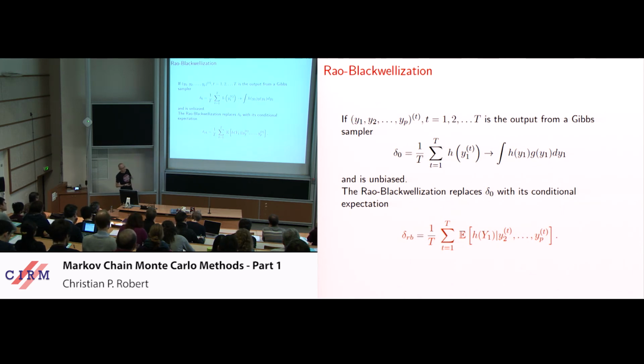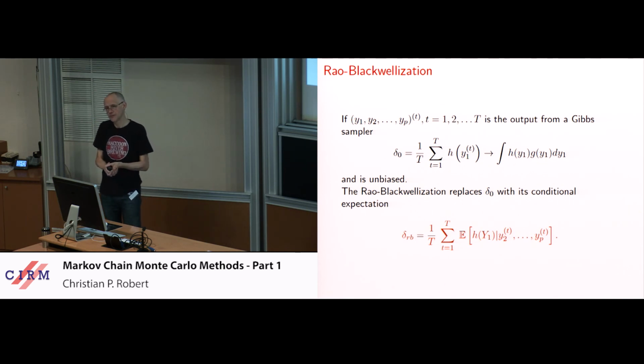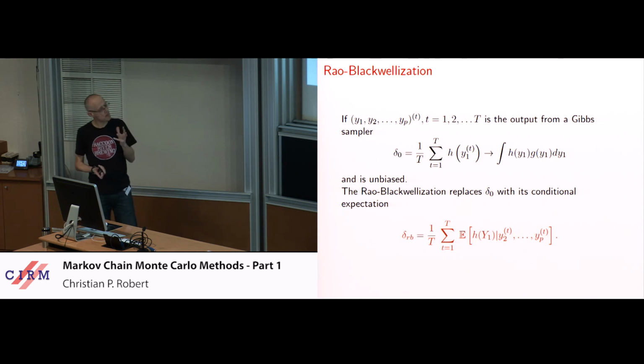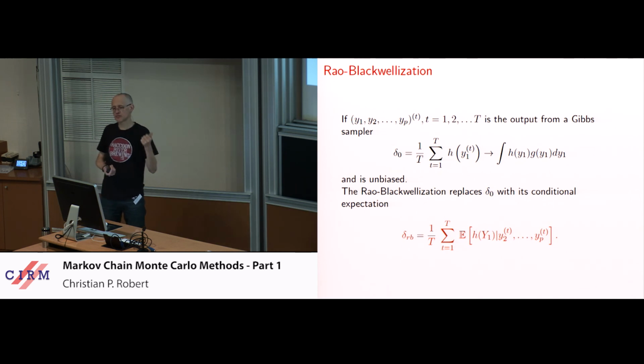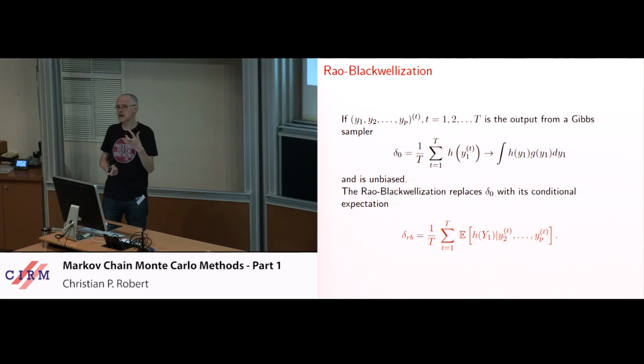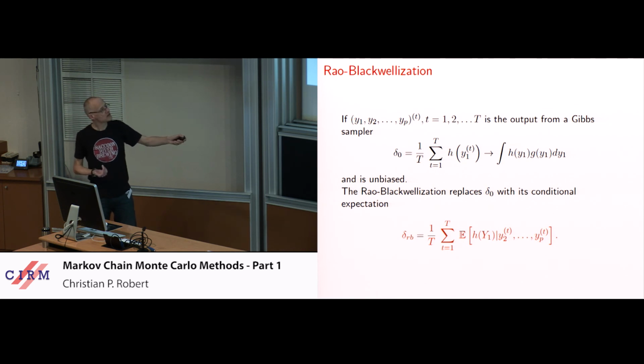Just a few words on Rao-Blackwellisation, because presumably I will talk about that tomorrow. Once you produce your Markov chain, there are post-processing steps that help improve the estimation of integrals. And Rao-Blackwellisation is one of them. When the chain has been produced, you are in the stationary distribution, but if you want to approximate a certain integral, you can do better than take the average by recycling more of the simulation than just the raw output. And so, for instance, if you have in a Gibbs sampler several components, but you are only interested in the first one,